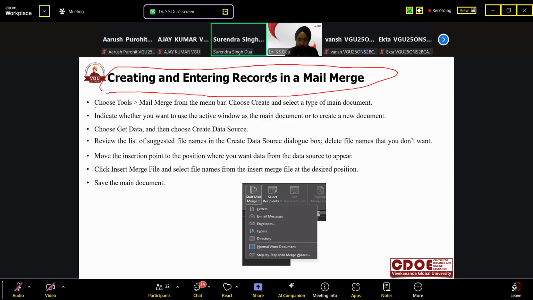So, how to start the mail merge? First of all, choose the Tools menu, then select the mail merge option. I will discuss it theoretically here, then we will perform it practically. Now choose